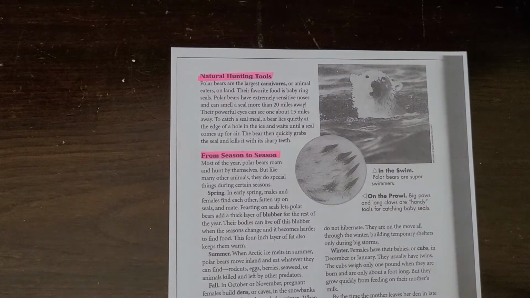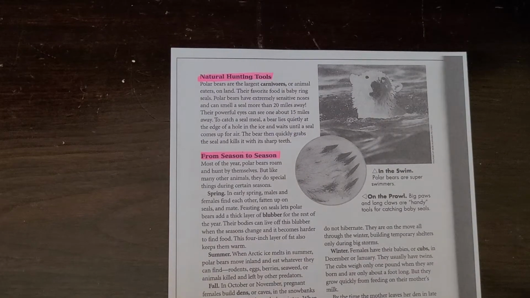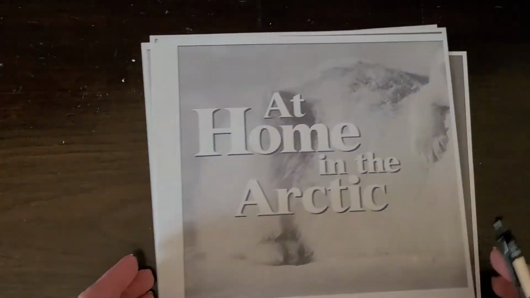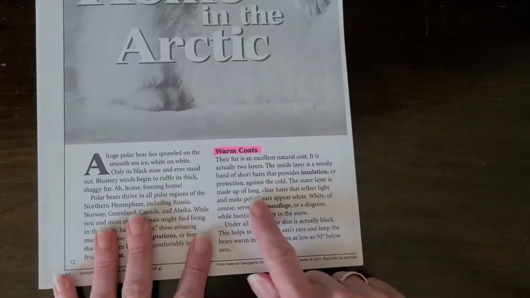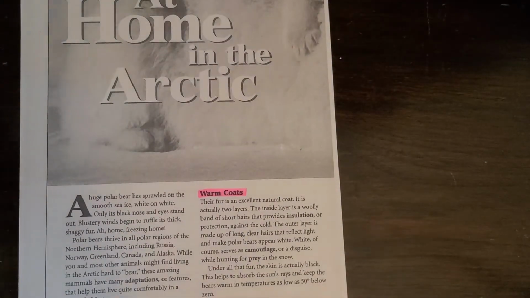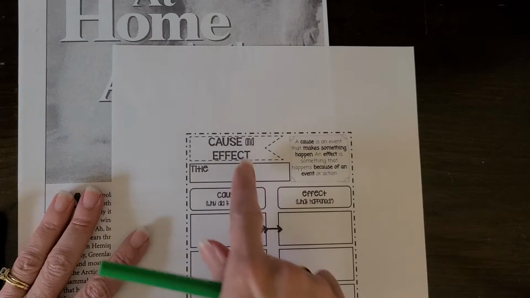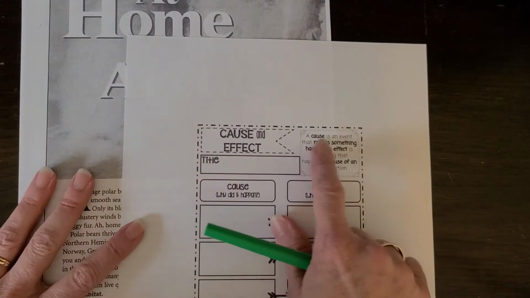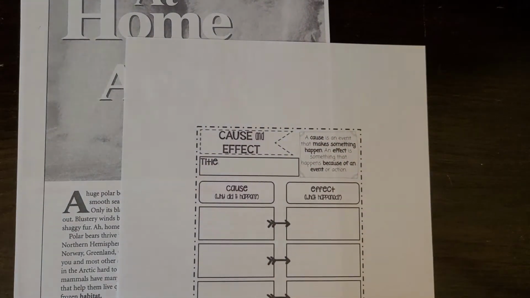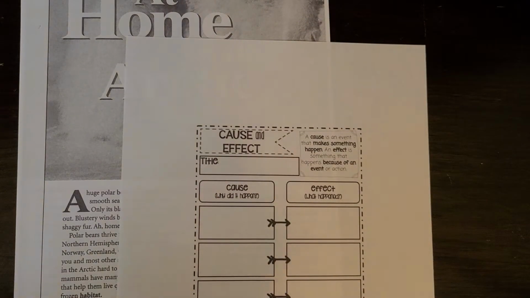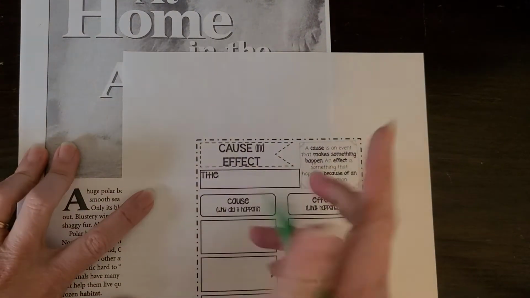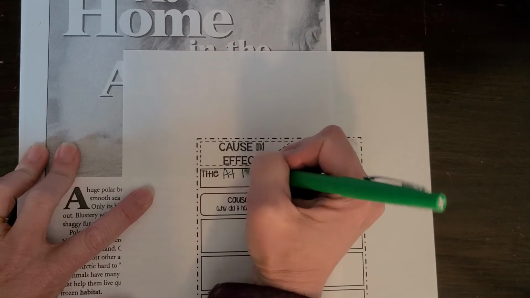Okay, so now that I have read the 3 sections, or actually technically the 4 sections that we're going to use for the cause and effect, I'm now going to complete the cause and effect graphic organizer. So I'm going to go back to my first section called Warm Coats, and I'm going to complete the graphic organizer called cause and effect. And remember, cause is the event that makes something happen, and effect is something that happens because of the event or the action. So the title of our story is At Home